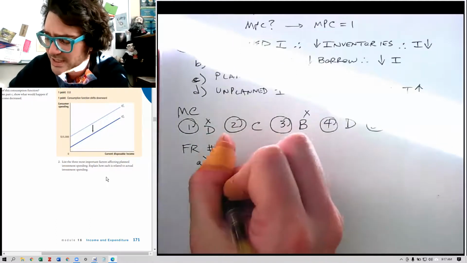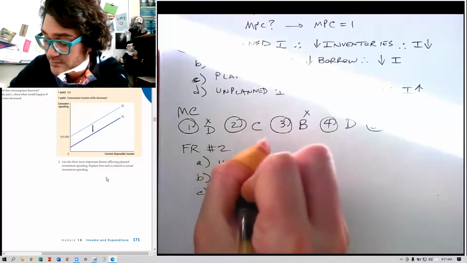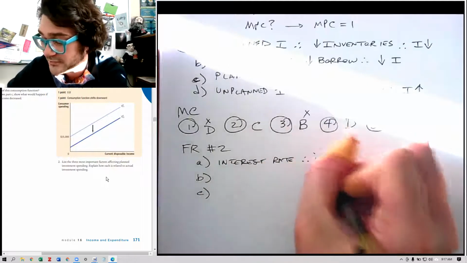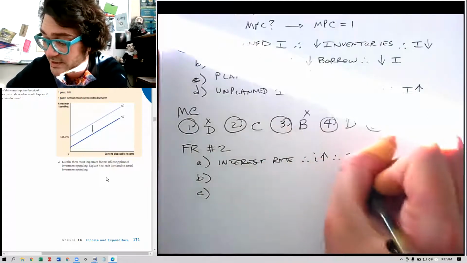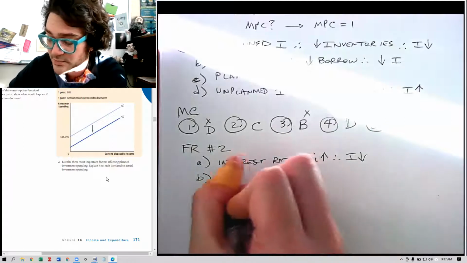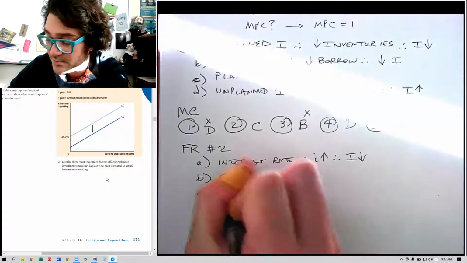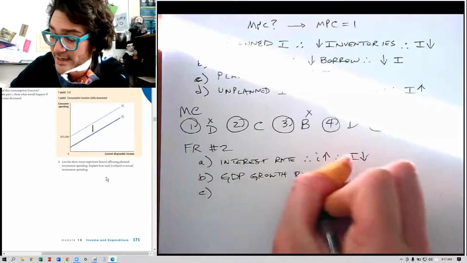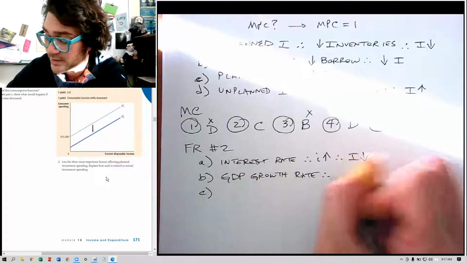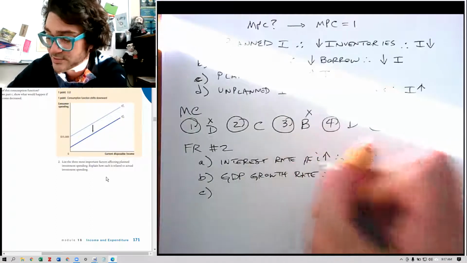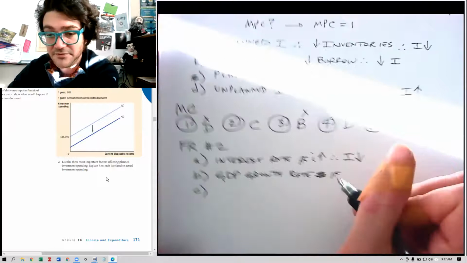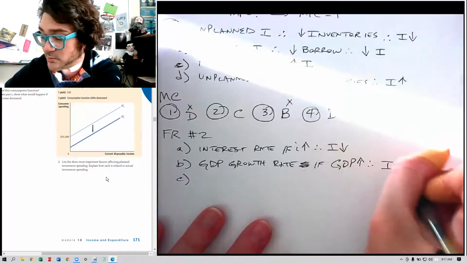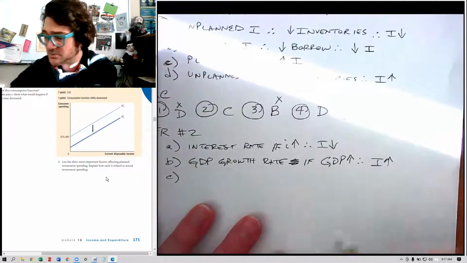So let's say the first one is the interest rate, right? And we'd say if interest rate goes up, investment goes down. The next one would be the GDP growth rate. How's the economy growing right now? And we'd say if GDP goes up, investment spending will go up because, and this is more like the rate,